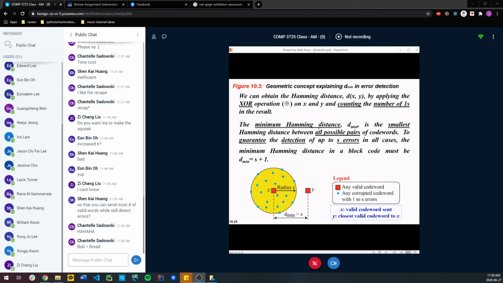So this is where the minimum Hamming distance comes into play, in that in order for me to tell apart between 2 individuals or 2 codes,